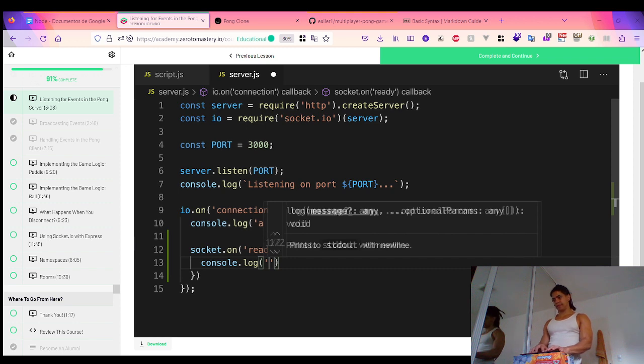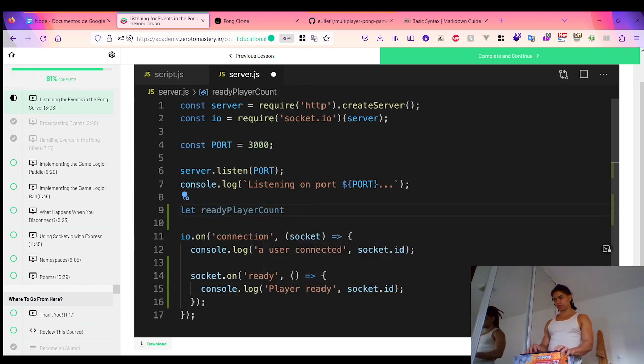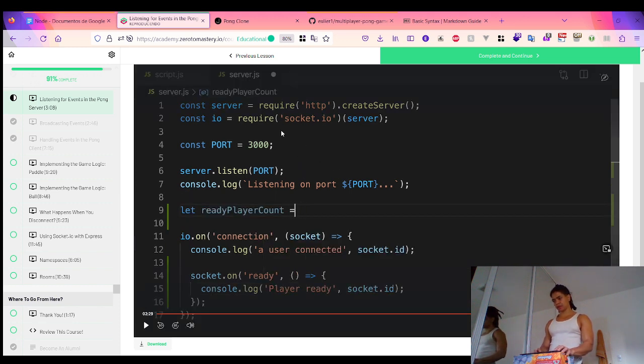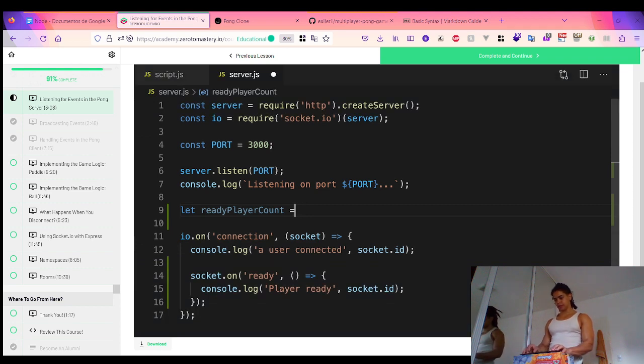This will be the only state that we're tracking on our server side here. And we'll say our ready player count begins at 0. Meaning that in our case, once we receive this event that is emitted from the client, so right now